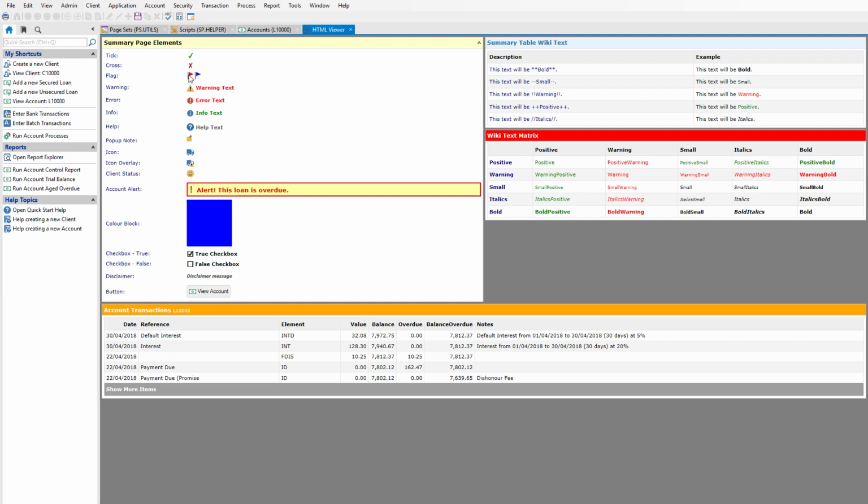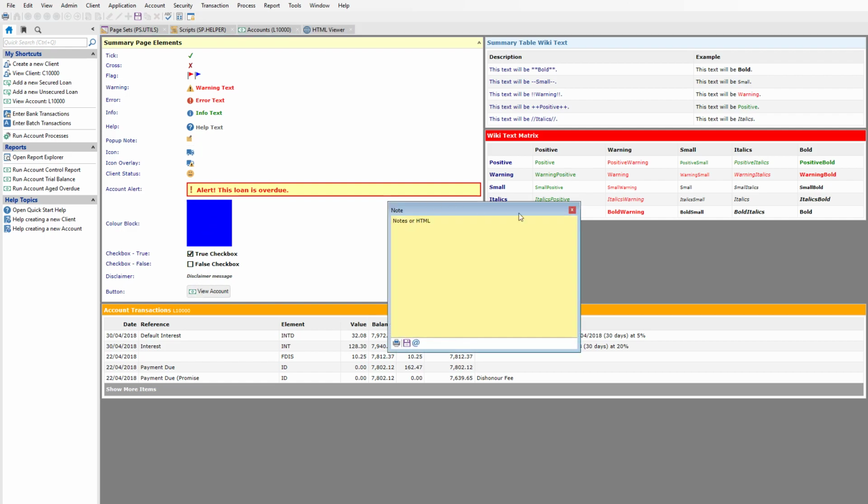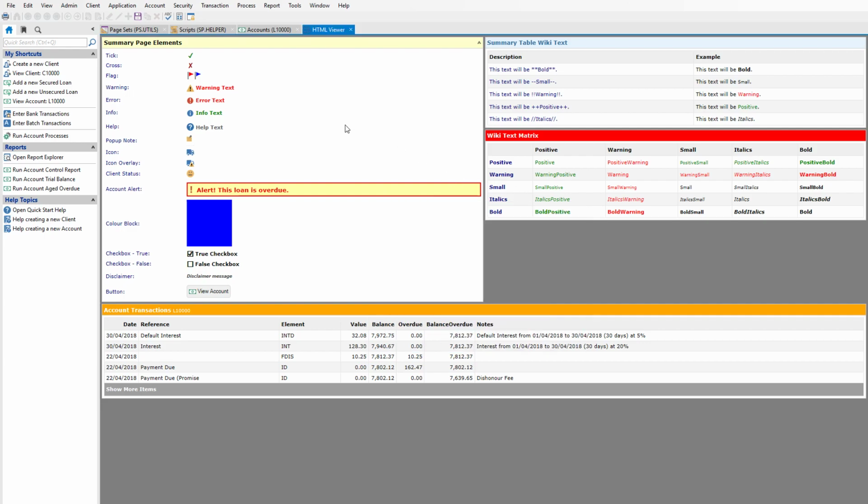Now bear in mind that these, with the exception of buttons and notes, are entirely for display only, so you can't affect a tick or a cross or even a checkbox in here. These summary pages are not designed for that. You'd need a widget with JavaScript or something in order to do that. So these are really for displaying information. That said, you can display things like buttons, hyperlinks, pop-up notes, and all sorts of stuff to pop out of that summary page script. So as I say, these are some of the things that we can set by default,